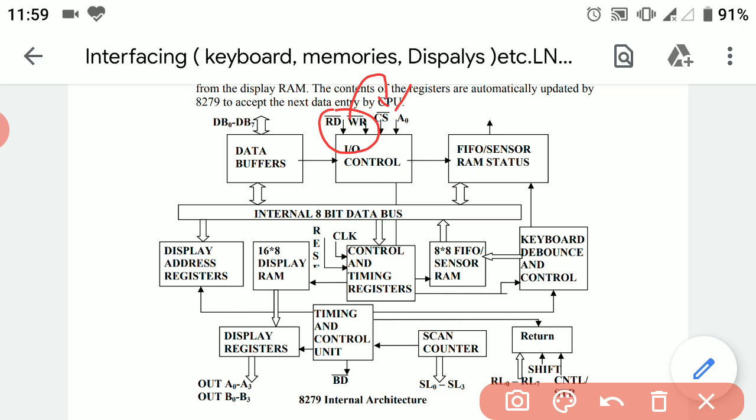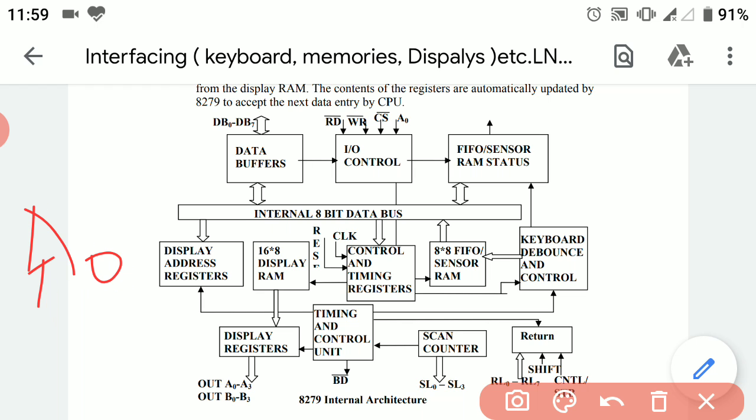That is, if CS pin is at low state, that is at digital 0 state, then only read and write operation can be performed. If CS pin is at high state, that is digital 1 state, no read write operation can be performed.